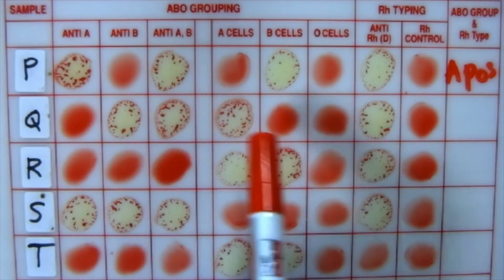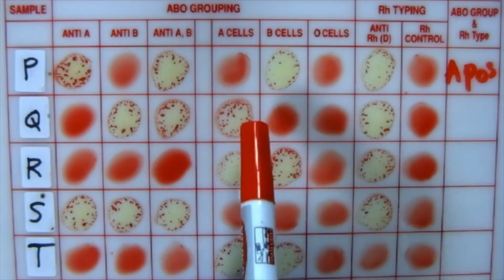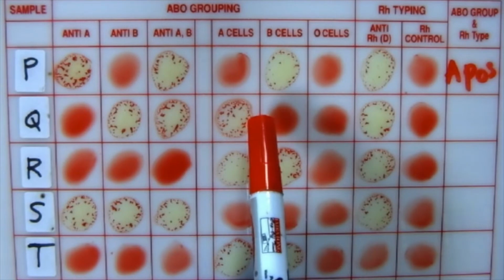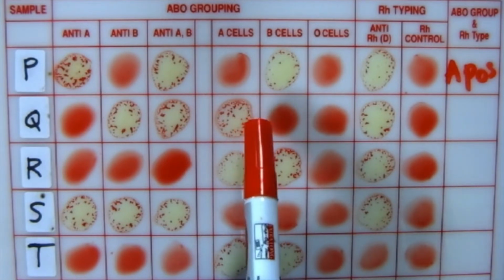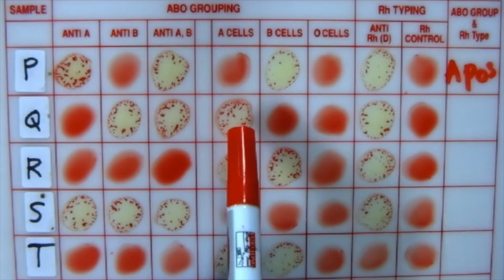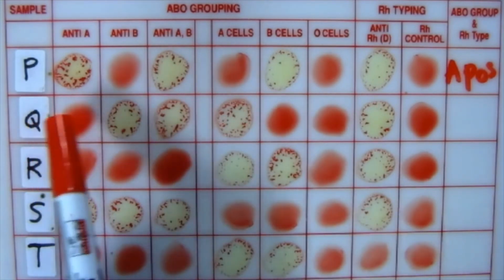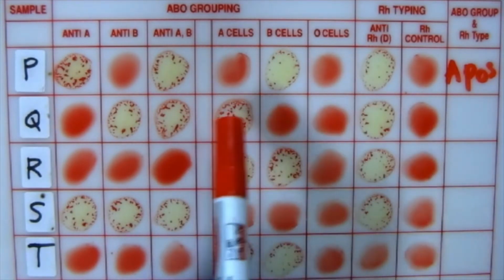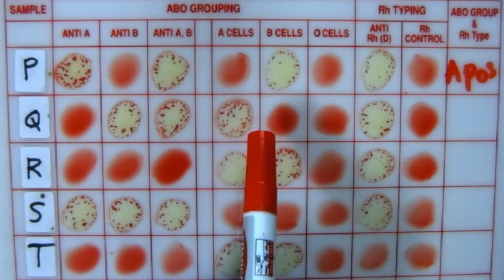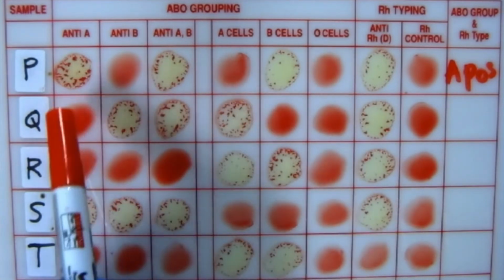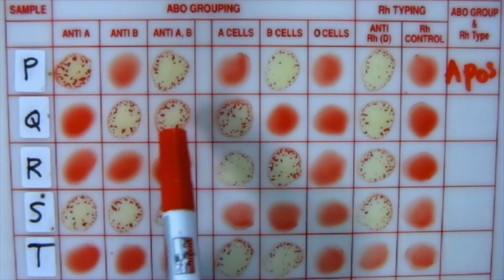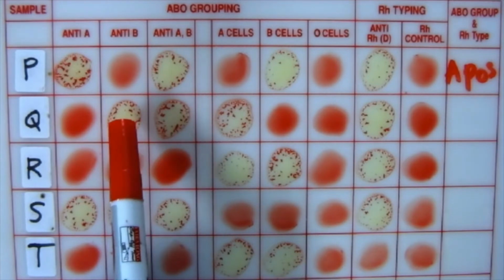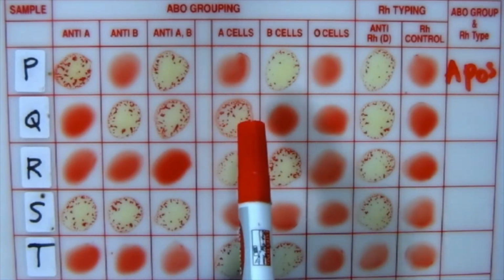Now we go to the indirect section. The patient has antibody A in the serum, because you can see here the serum is reacting to the A cell. So the patient is group B with anti-A present in the serum. Again, patient Q has B antigen on his or her red blood cell surface and is having anti-A in